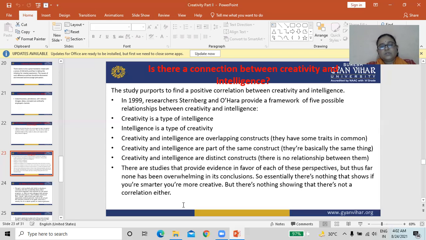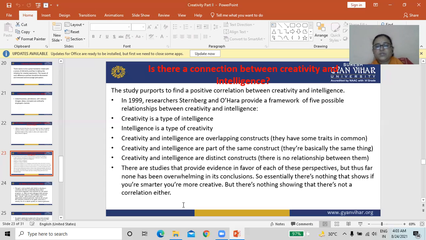There are studies that provide evidence in favor of each of these perspectives, but thus far none has been overwhelming in its conclusion.